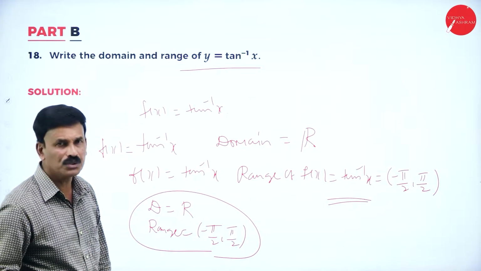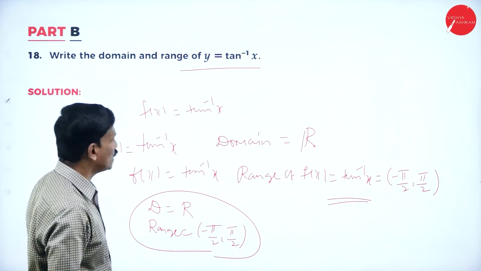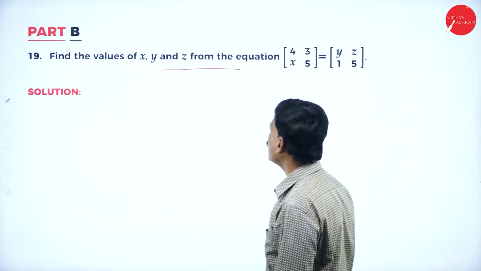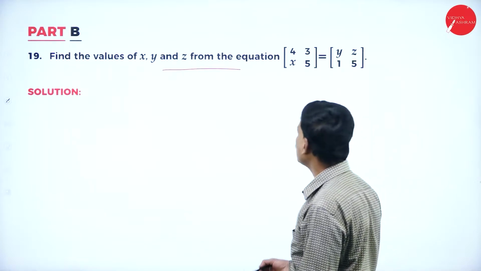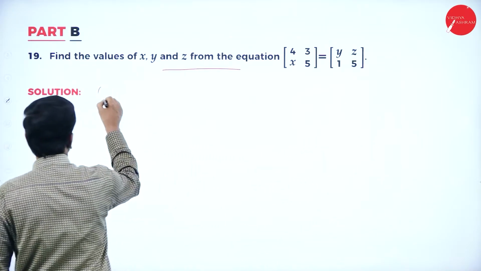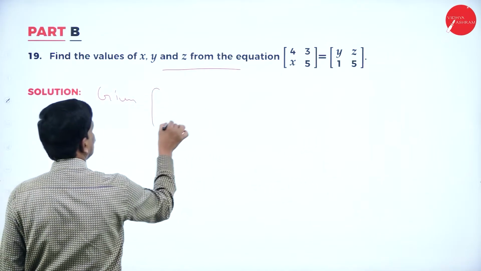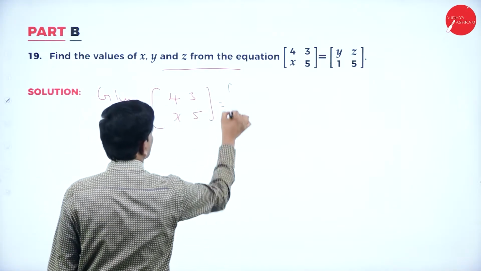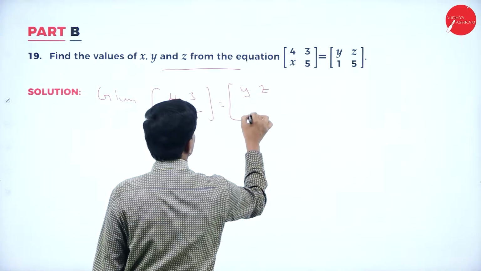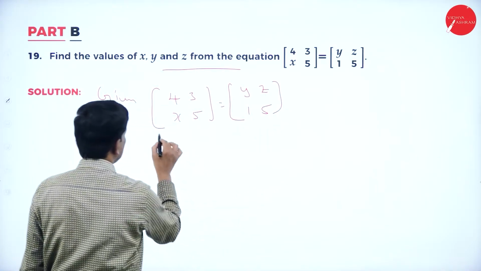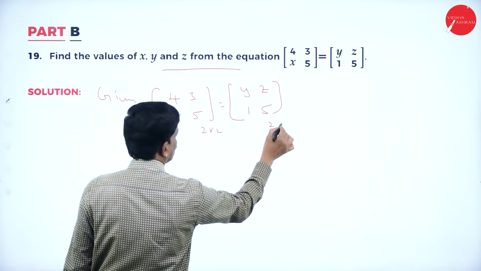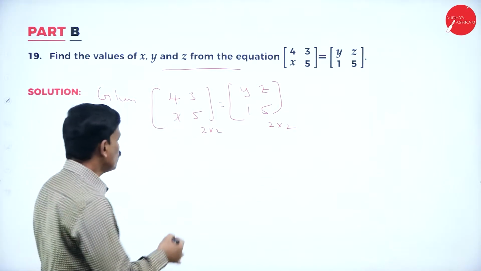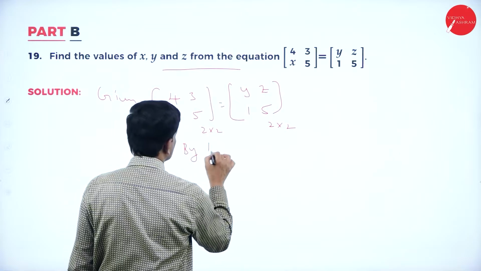This is also a very important problem. Now let us come to the next one. This is from matrices. Find the values of x, y and z from the equation. This is a very simple problem. The given equation is matrix 4, 3, x, 5 equal to y, z, 1, 5. These are matrices of order 2 by 2, and the two matrices are the same. By equality of matrices,